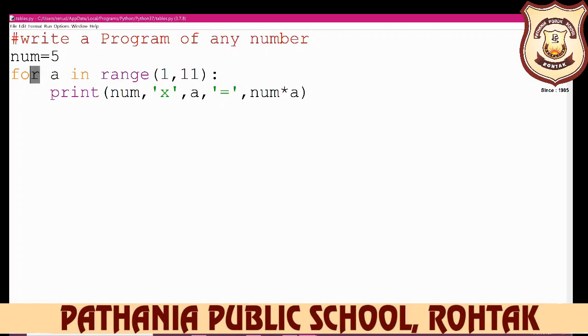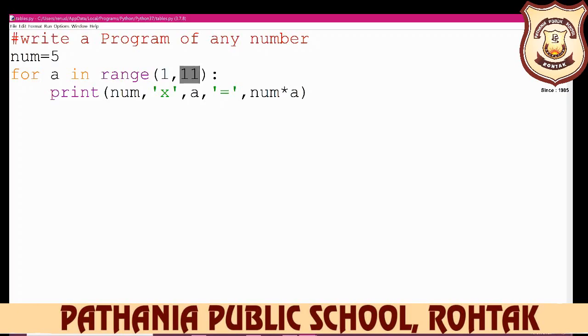After that, write down for loop. For is the reserved word, and after that you write down a. A is the variable name. Instead of a, you can write b, c, d, number 1, number 2, anything that you want. And then you write the in operator, and then write range. Range is the name of the function, and in range you write the initial value, your lower limit. Your lower limit is here 1, and your upper limit, we already know, is always the upper limit minus 1. So you take 11, so our program will be executed 1 to 10.